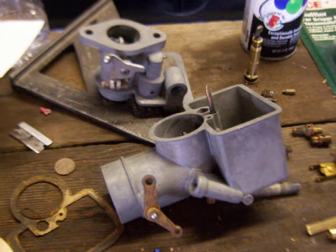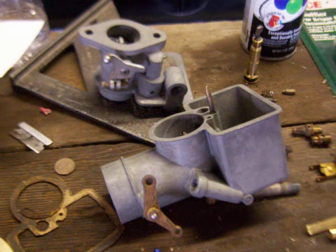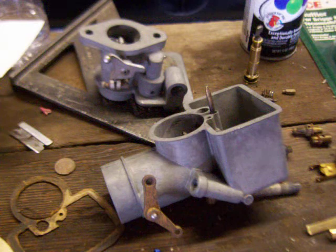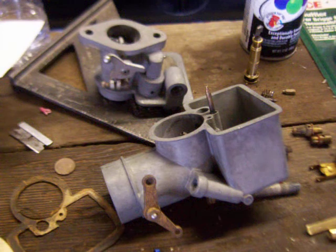I want to do a little video on my carburetor for my Model A rat rod hillbilly truck I've been working on. Had a few issues with the carburetor. The carburetor is normally on a Model A. The factory was Zenith. Then they made a Tilston carburetor for it. And this carburetor is a Kane product